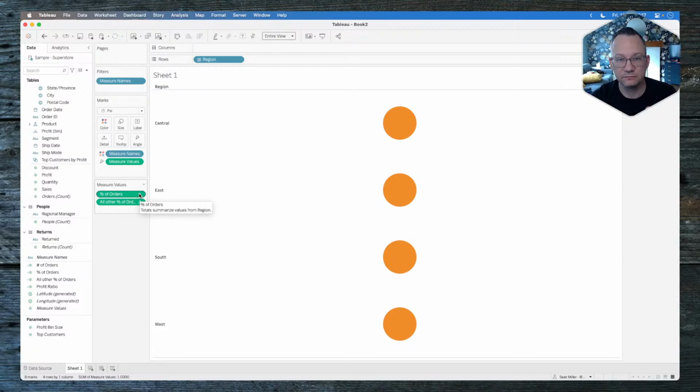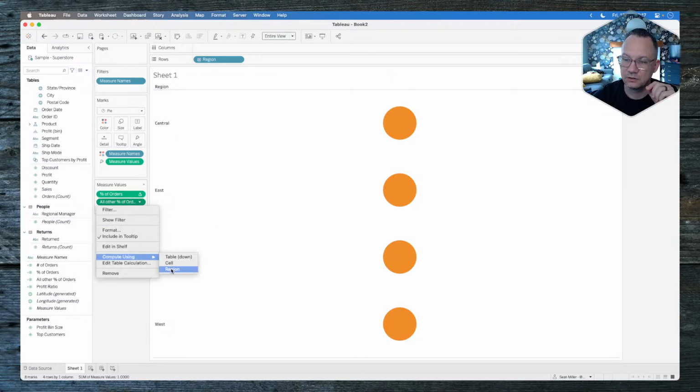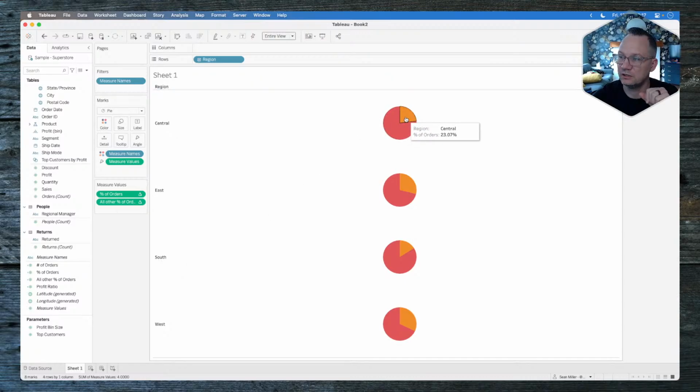And that's okay. Things don't have to look right immediately. Let's just make sure that we're on percent of orders. And we have these all other orders, right? And all other orders are also on region. Now, boom, look at that. When you change the scope and direction of your table calculations to what they should be, everything works. So now you can see here we've got 27 for central, 28 for east, 16 for south, and 32 for